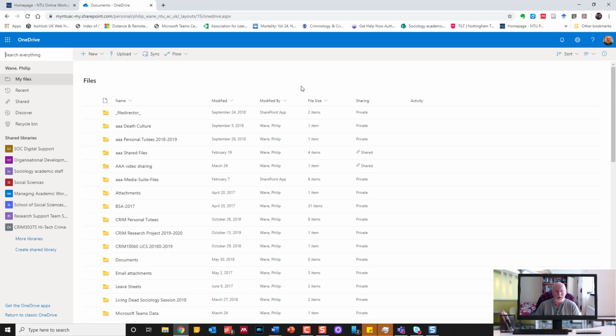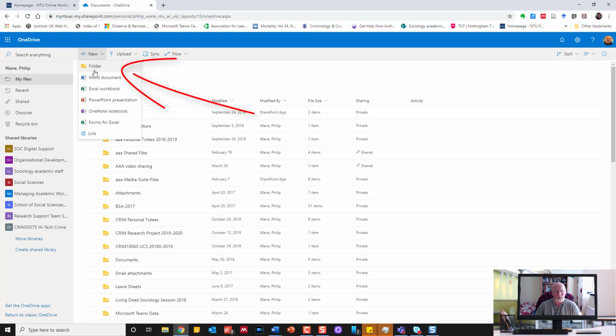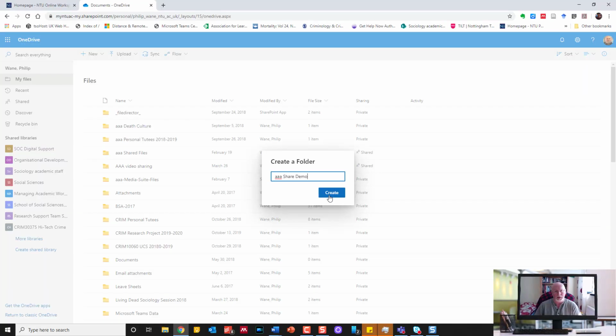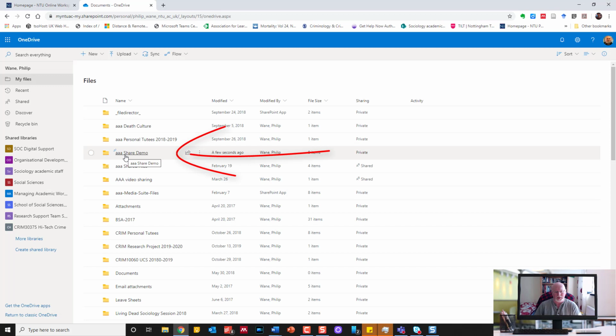They're stored in the cloud, i.e. they're stored on a connected server somewhere that you have access to. Usefully, you can set up shared folders that you can share with your colleagues. If I want to set up a new folder, I go to New Folder, click Create. Right, so here's the folder,